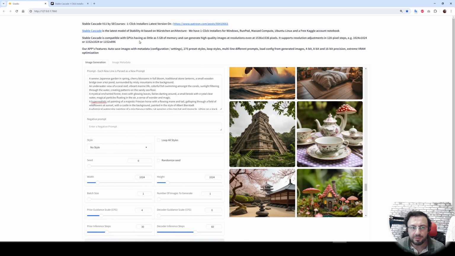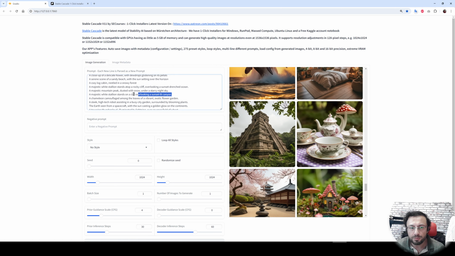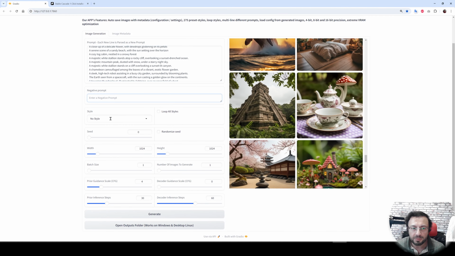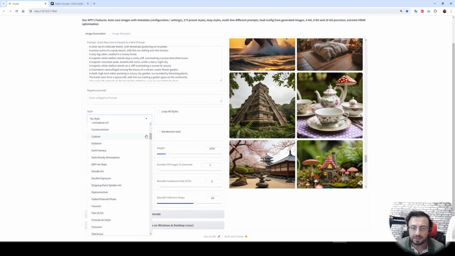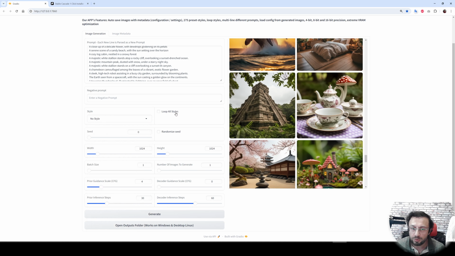So the application that we have developed for the Stable Cascade is amazing. It includes all the features that you need. It supports multi-line prompting. You see each line is treated as a separate prompt. It supports negative prompt. It supports 275 different styles, so you can generate images in any style that you wish. It supports loop all styles.